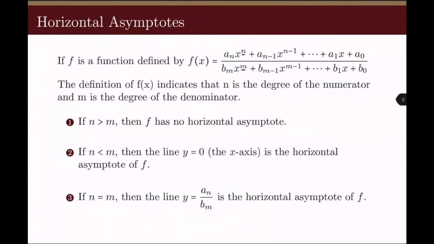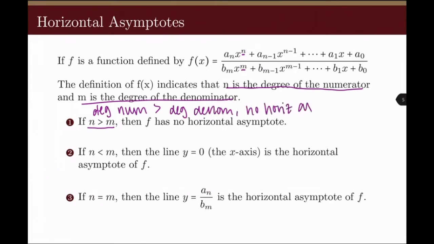So first rule is if n is bigger than m, then f has no horizontal asymptote. This means since n is the degree of the numerator and m is the degree of the denominator, that means if the degree of the numerator is bigger than the degree of the denominator, we have no